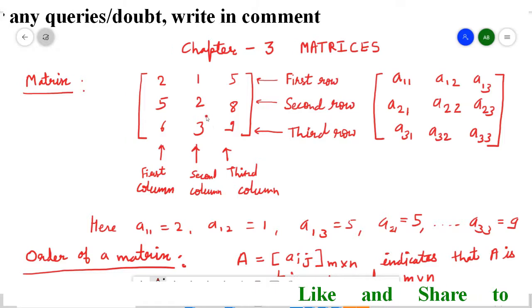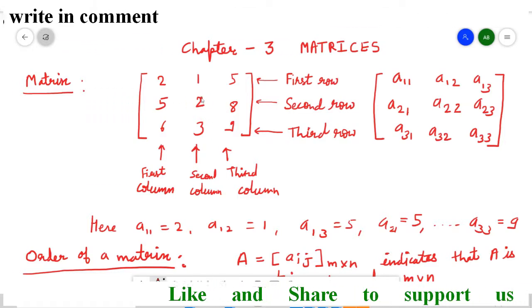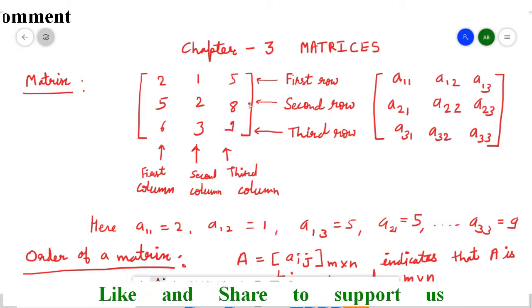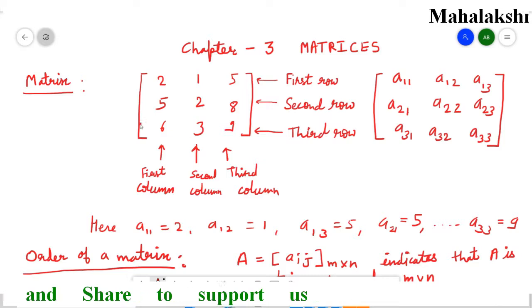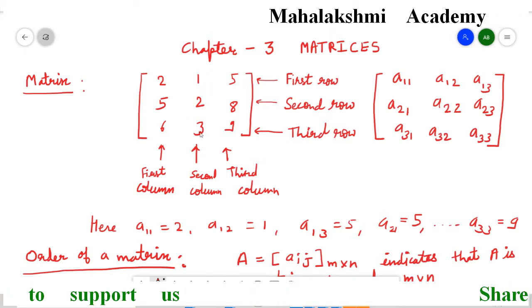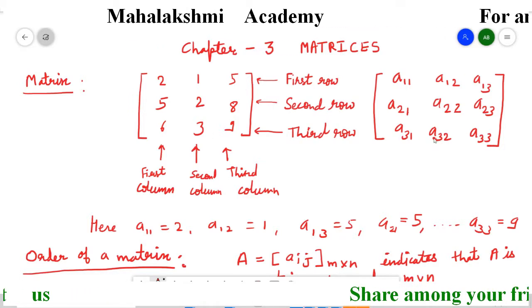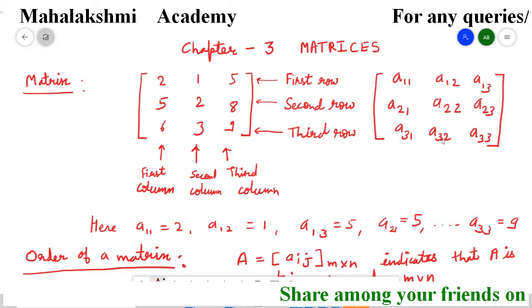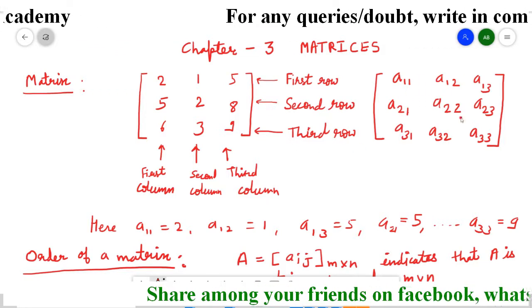In the same way, suppose 2 belongs in the second row and second column. So here the place is A22. Now this one is third row and it belongs in the second column. So for this place the abbreviation is A32, third row and second column. So like this the matrices completes.